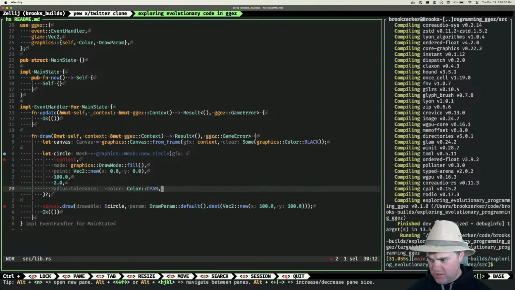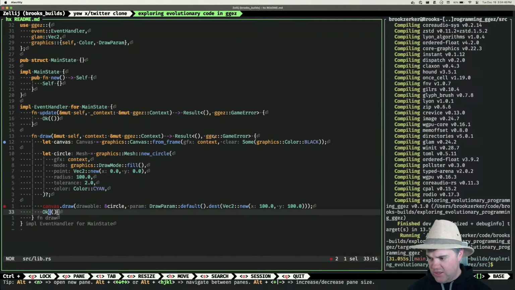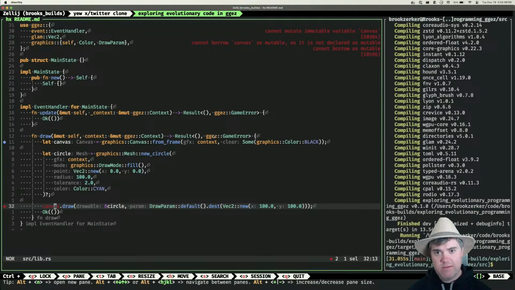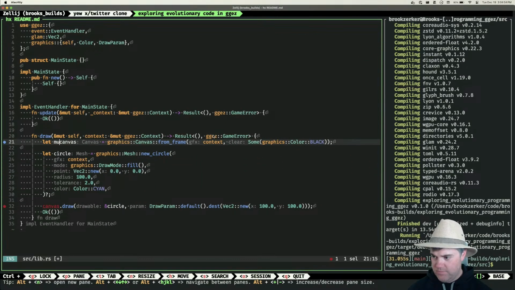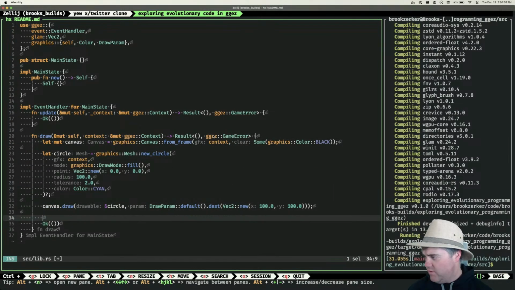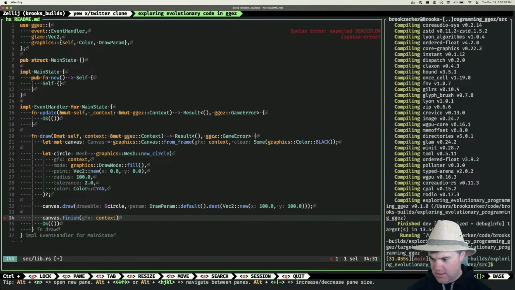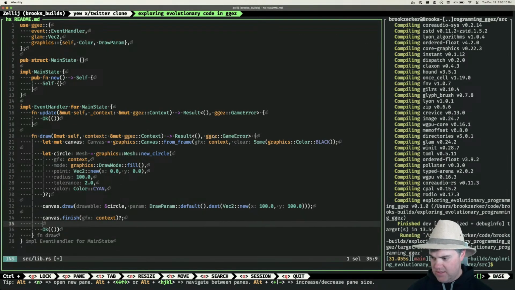What are you upset about? Oh, this needs to be mut. Can I just do that then? Yeah, I can just do that. And then you are upset because cannot mutate immutable variable canvas. Oh, you need to be mut. Okay, and then finally at the very end, we need to do a canvas finish and hand it the context. And then we're okay. So if we rerun this again,